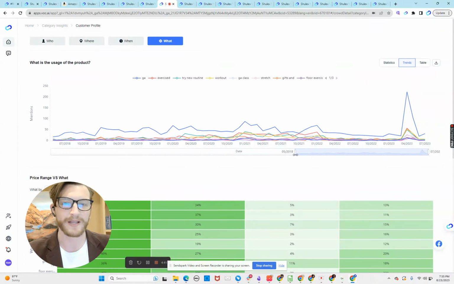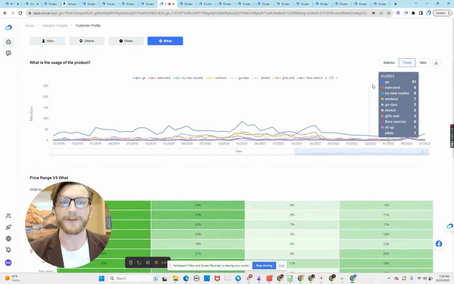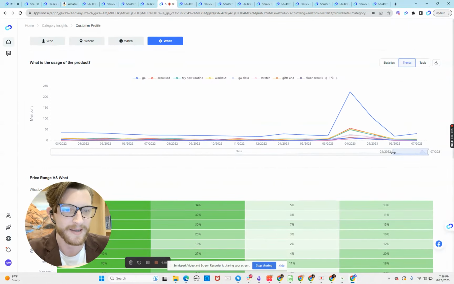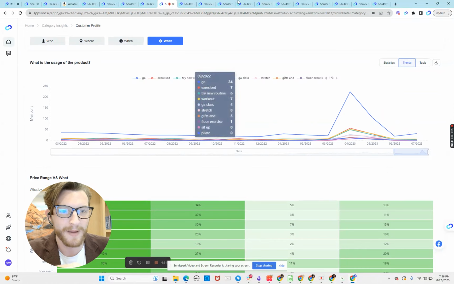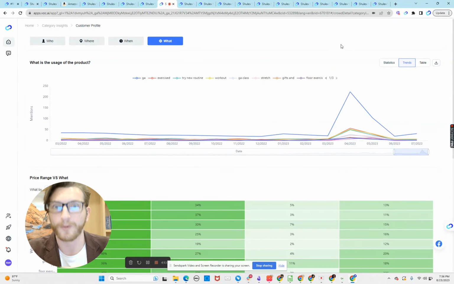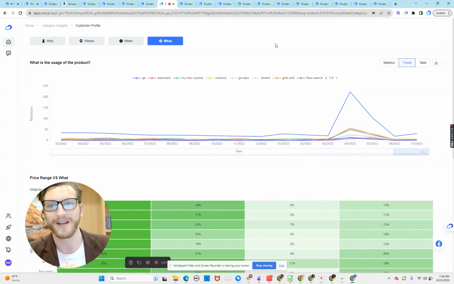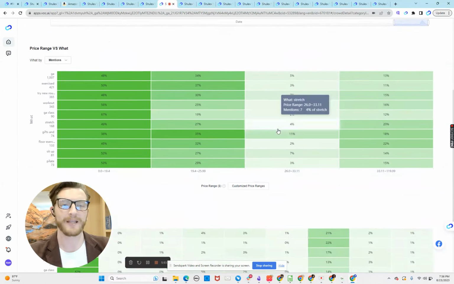If we scroll back here, we can see, okay, there's been periods throughout the year here where there's been something trending, and we can see there's a trend recently here, April, May, consumers have been saying something about the yoga niche that maybe would be important for you to understand and know. And you can identify that here from the trends graph. Okay, and if we scroll down here, we can see